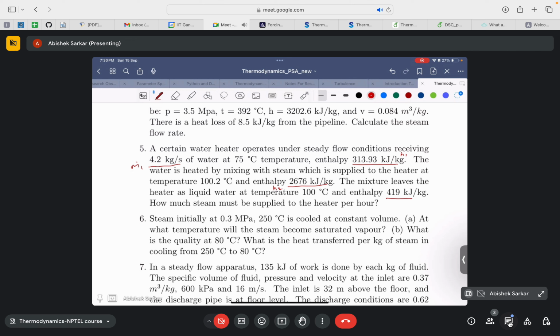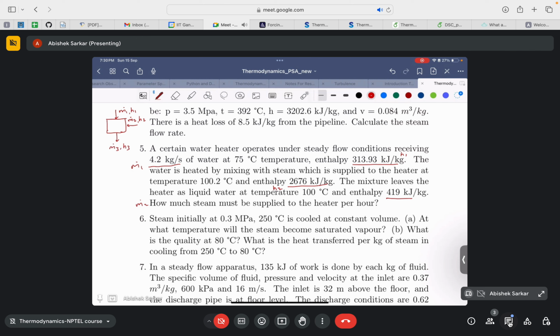So you need to find m2 dot. Okay, so let me draw a diagram. It will basically be something like this. So water is coming in at a particular mass flow rate, say m1 dot, and an enthalpy of h1. Steam is coming in at a mass flow rate of m2 dot and some enthalpy h2, and this mixture is going out through the outlet with a mass flow rate of m3 dot and an